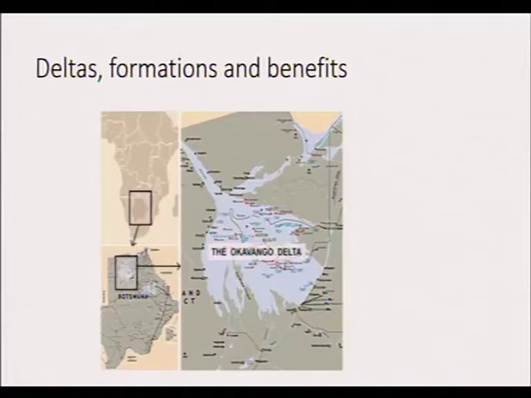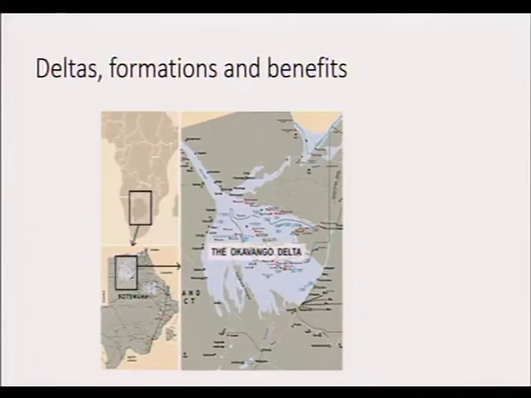So we have excess rainfall in the central highlands of Angola, and because we are lying lower, there's a slope between central Angola and northeast Namibia, and even as you proceed lower to Botswana. And now we have the Okavango Delta. Any delta actually is the place where the river, the mouth of the river